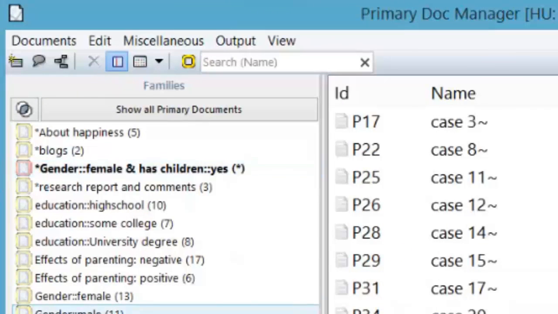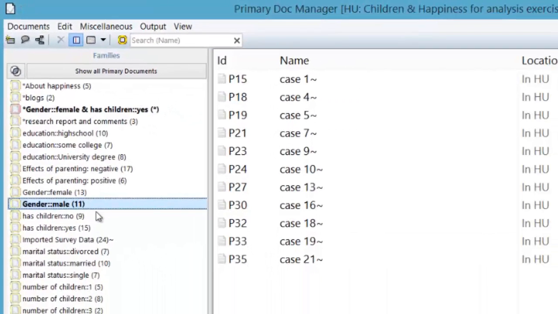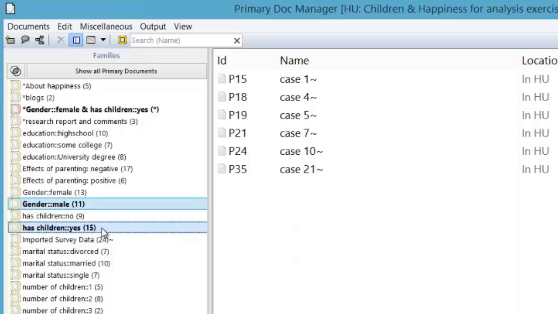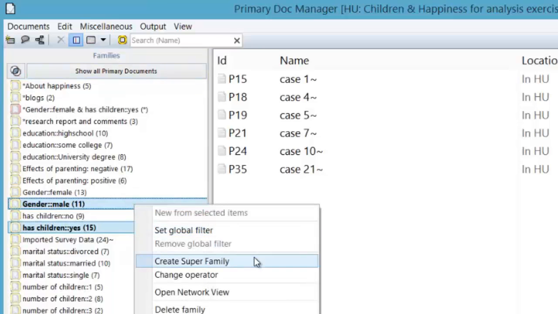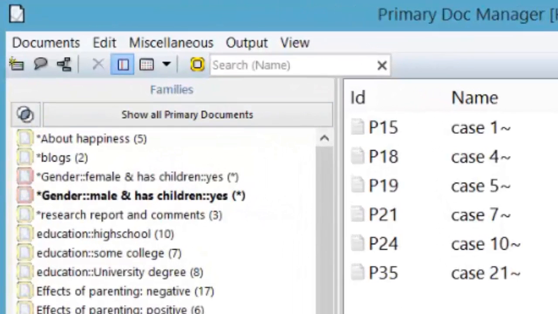Quite straightforward. We do the same for males. Holding down the control key, children, yes. So we get 6 of them. Right click, create super family. So voila. And now you can go ahead and query males and females who have children, and do the same maybe for those who don't have children. So now you can combine these code families